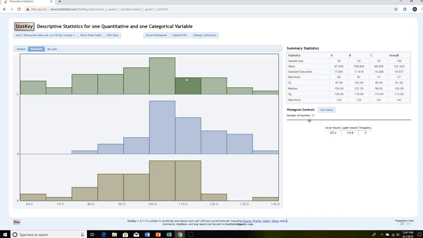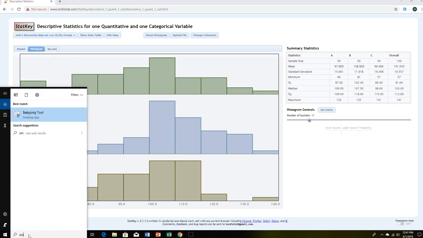But this is how you combine the numbers that you get along with the graphs to help you make sense out of why these standard deviation numbers are the way they are. And you will want to talk about clusters and gaps and these sorts of things in your discussion this week. So I'm going to take the histogram, go back to my snipping tool,